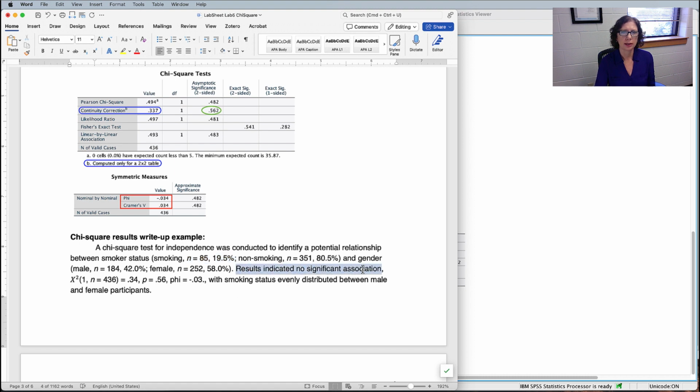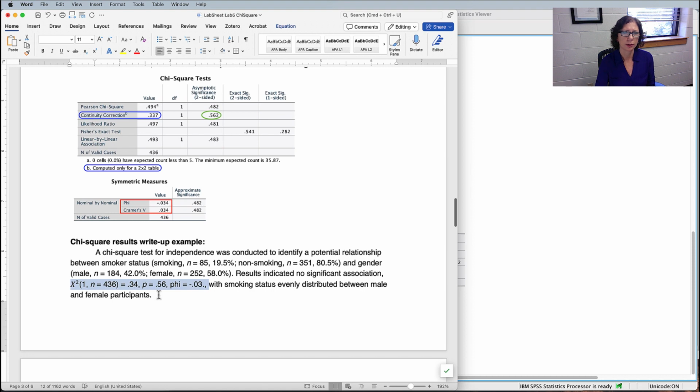So results indicated no significant association, and there's my chi-square line. So chi-square, 1 is the degrees of freedom, and then you include the sample size that was in the model. So n equals 436. The value of the chi-square was 0.337, so rounding to the hundredths place is 0.34. The p-value was 0.56. And you can go 2 to 3 decimal places with that. Either is fine. And then the phi, the effect size, was a negative